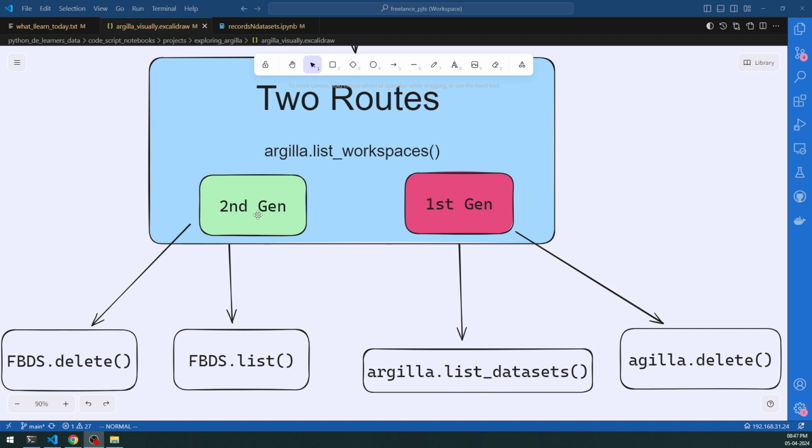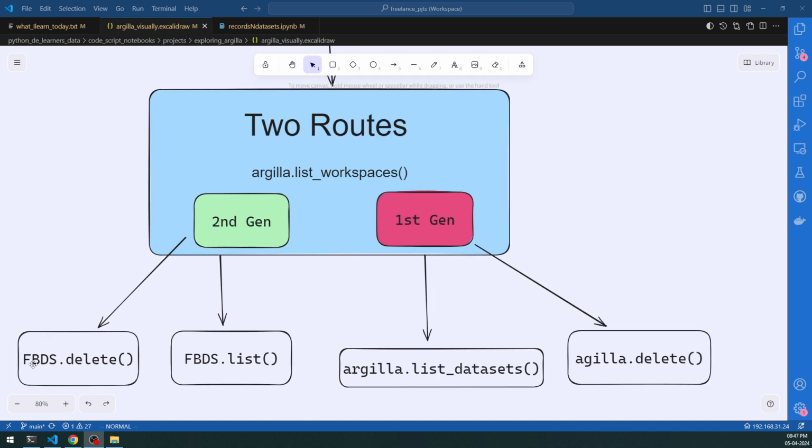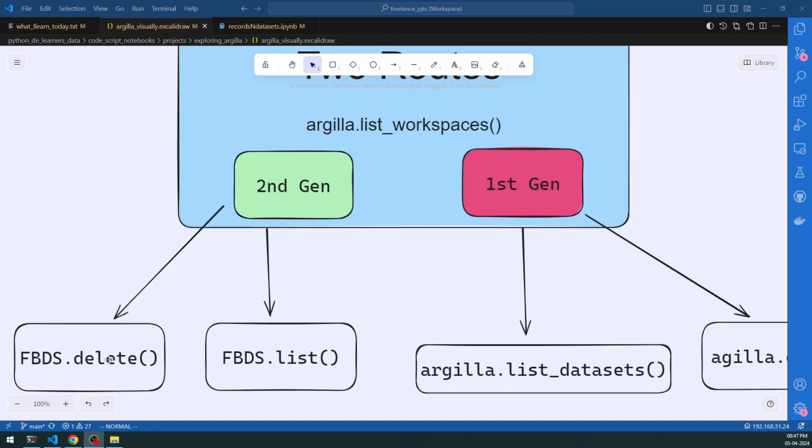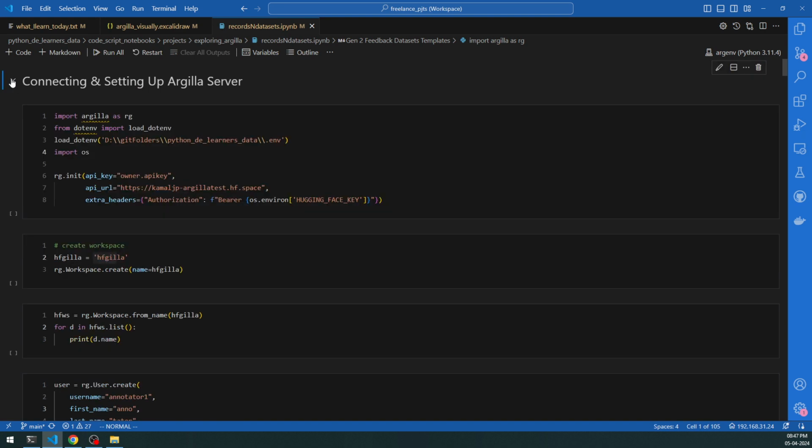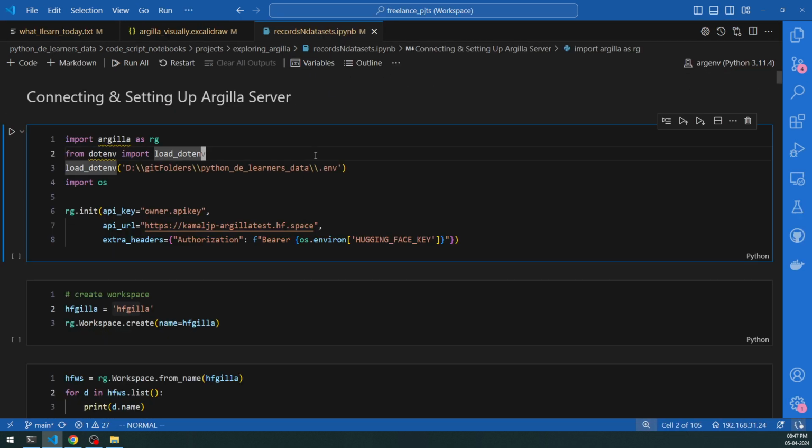And in case of second generation, you can list the datasets using the FeedbackDataset class method, and you can delete it using the FeedbackDataset delete method. So these are pretty straightforward options that we have got, and we will see this in action in a couple of minutes. Let's go to the dataset notebooks,